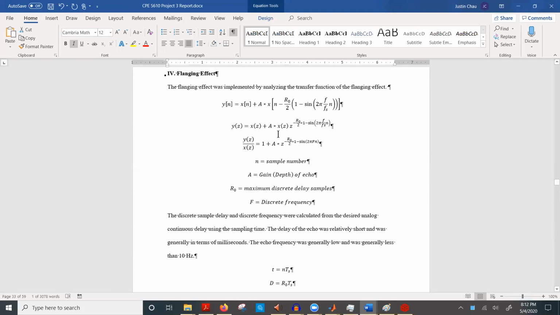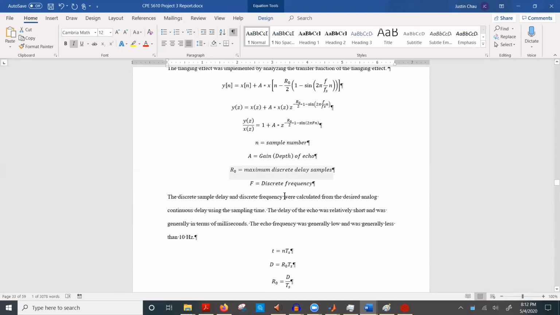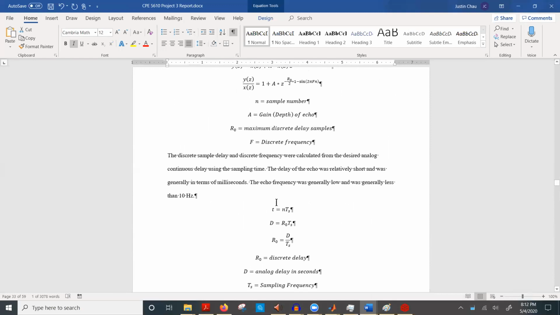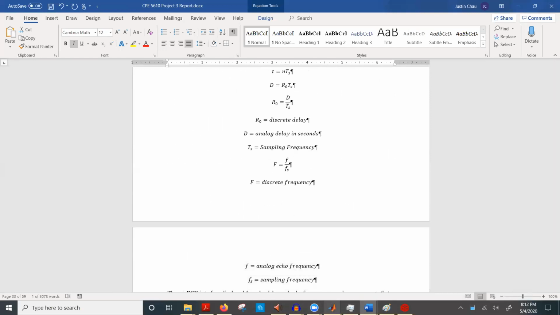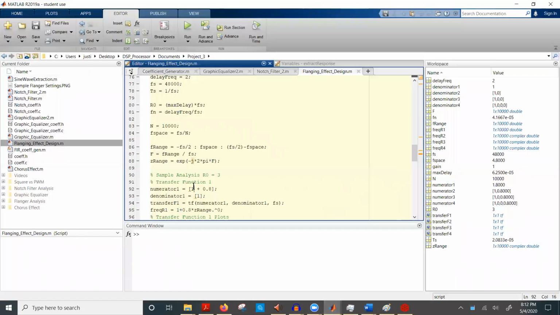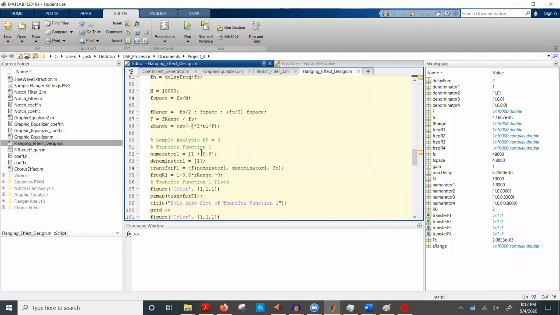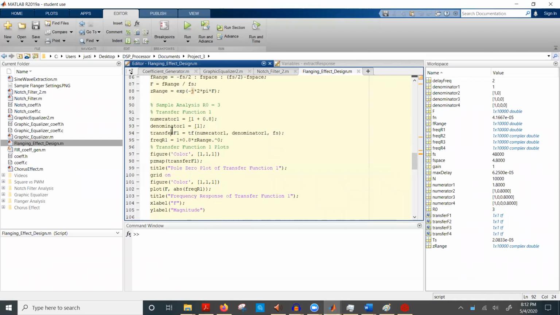This A value, the gain or depth, it's called depth in the WinDSK interface. It basically just makes how loud the echo wants to be. So in this MATLAB example that I did, I have the gain or the alpha set at 0.8 instead of 1, just because. So then I took the transfer functions